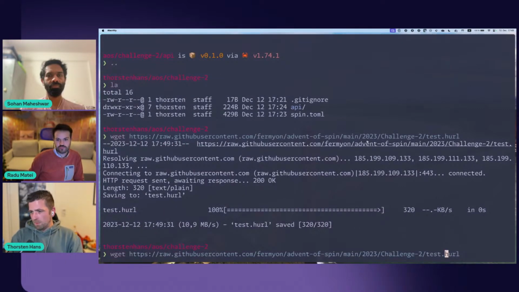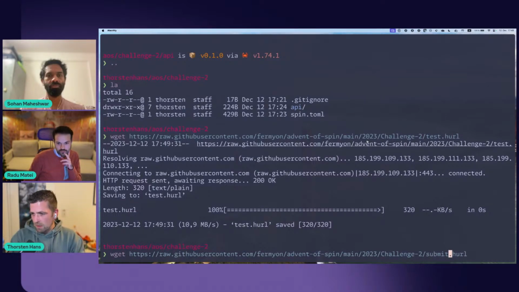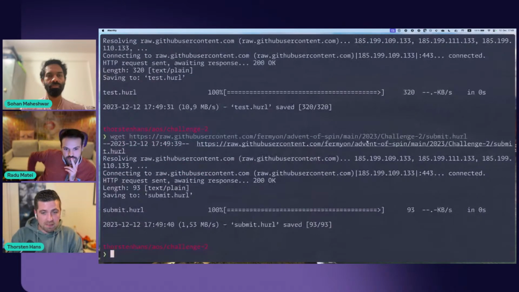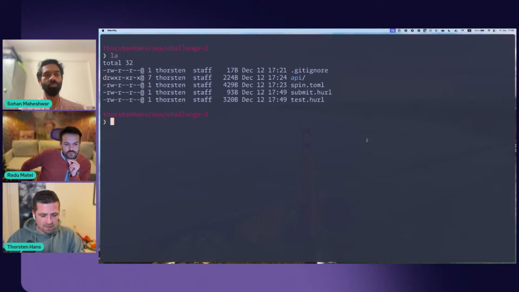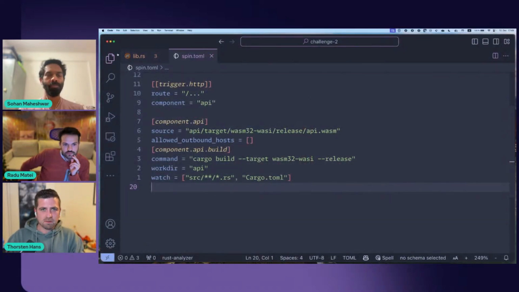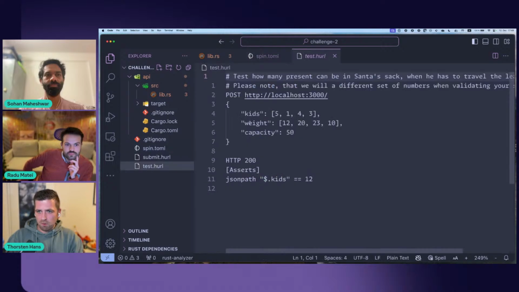Then you go one up in your history of your terminal and you grab submit. And then we have all the HURL files in place that we need to test and to submit our challenge. But the test HURL file gives us enough information to also test our algorithm, so to say.